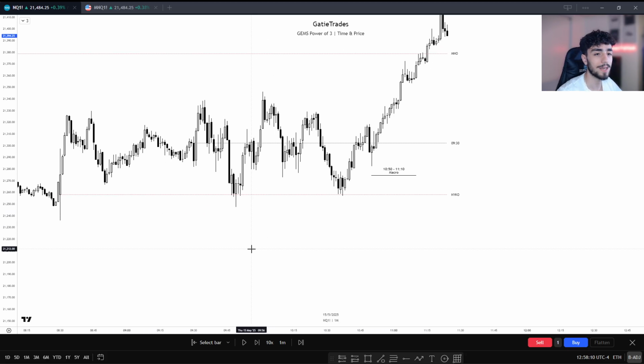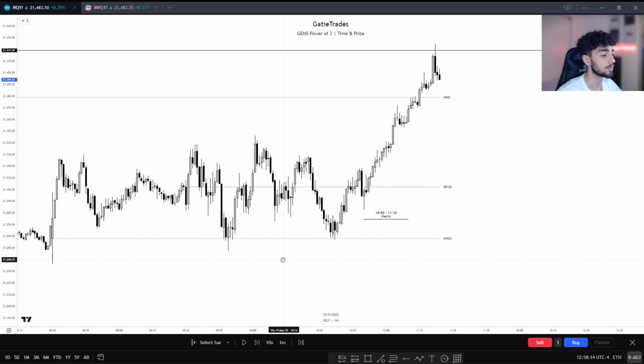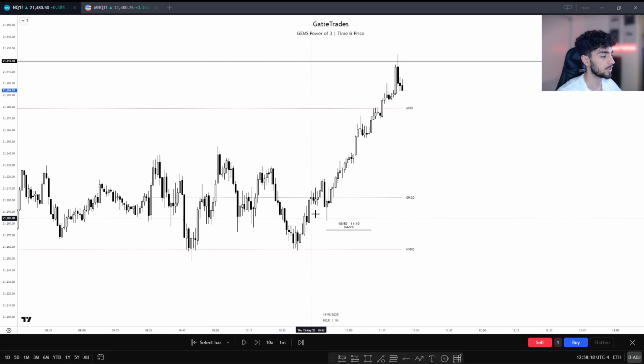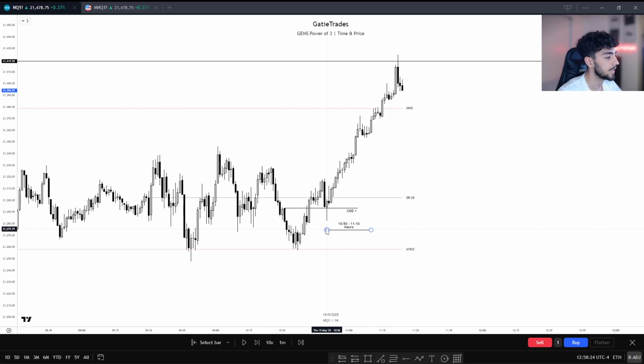Notice how we're not going that far into discount, because we're accumulating long positions. Smart money is accumulating long positions. That's how the algorithm delivers price. Once time is right, once the price is right, we get to change the state of delivery, which you should know what that is. Inside the 10:50 macro, we trade back into it. If you missed that, you can trade this inversion fair value gap, stop at the intermediate term low, and then obviously you see that very nice price run to the equal highs.